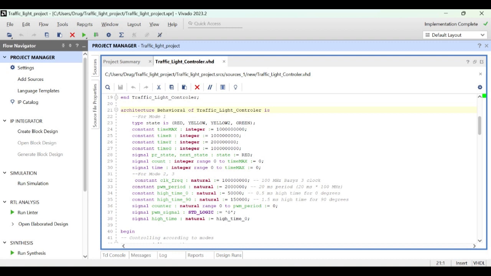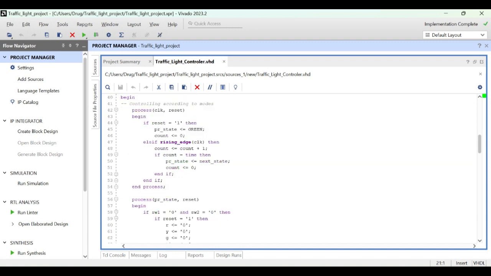I set the PWM and high time constants according to the servo motor I use. I use the SG90 servo, so the PWM period must be 20 milliseconds, and the pulse for the 90 degrees rotation which I use in my design is 1.5 milliseconds. Here it is important to note that the constants are calculated with respect to the default bus switch clock, which is 100 MHz. After defining everything, I code the function of the reset input and start programming the modes using the